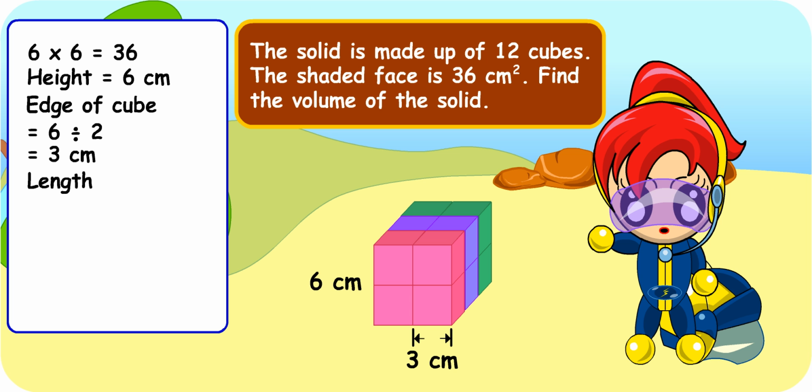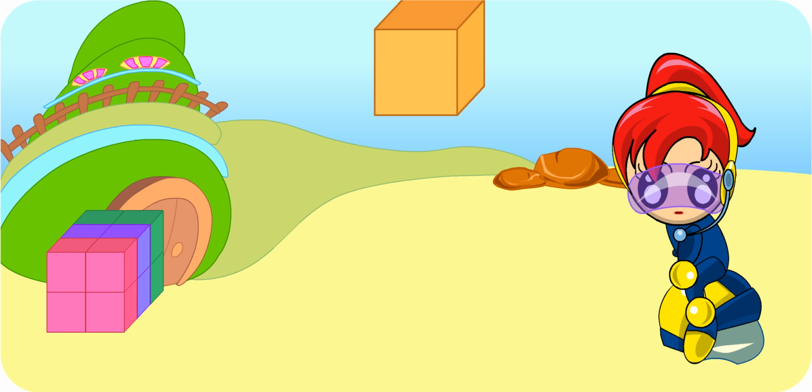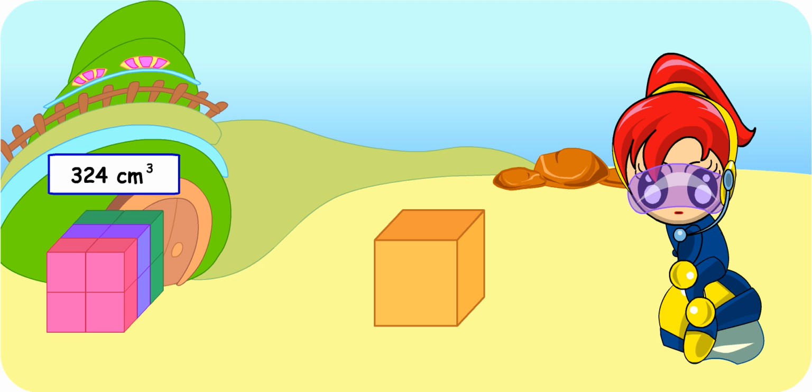Since the length of the solid is made up of 3 cubes, it is 3 times 3, which is 9 centimeters long. Therefore, the volume of the solid is 6 centimeters times 9 centimeters times 6 centimeters, which gives 324 cubic centimeters. Good. If another solid has the same volume and one surface with an area of 27 square centimeters,